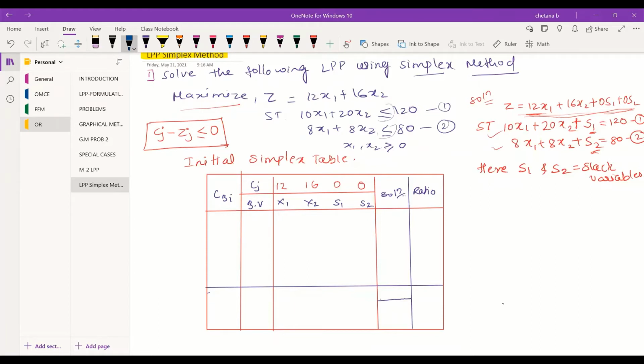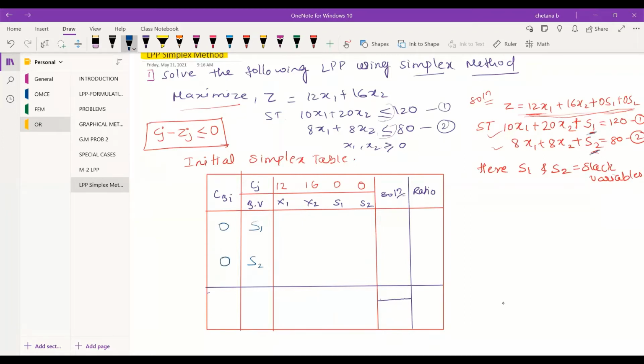Now coming to the basic variable and the coefficient of the basic variable. The basic variables we have considered here are S1 and S2, so that has to be written here, S1 and S2. Again the coefficients of S1 and S2 are 0 and 0 in the Z equation.